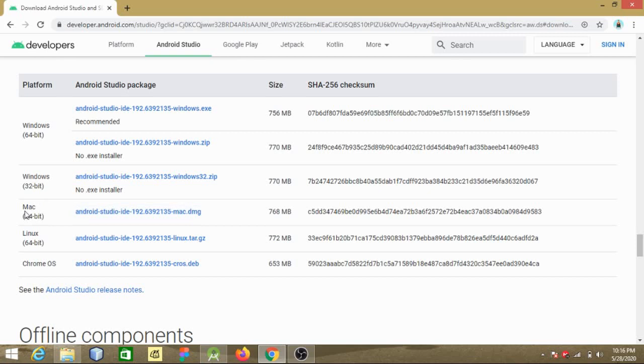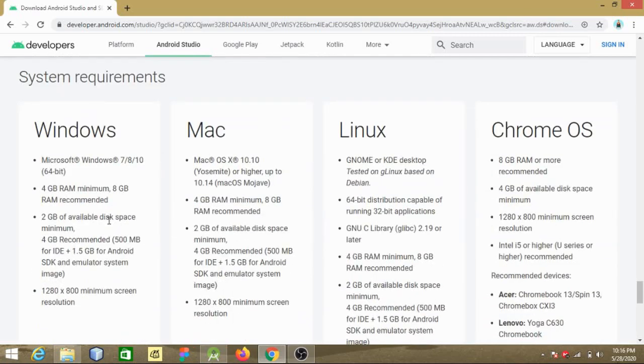For example, if you're using Mac, you can click to install this. Otherwise, if you have Windows, you can install this, and the same for Linux. And you should also see the system requirements, which are just down here. You must know that Android Studio